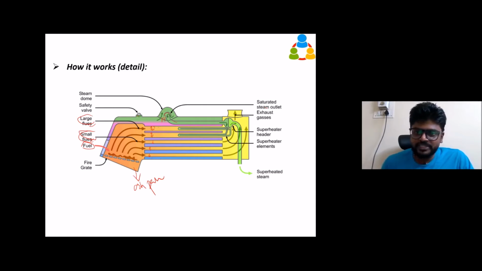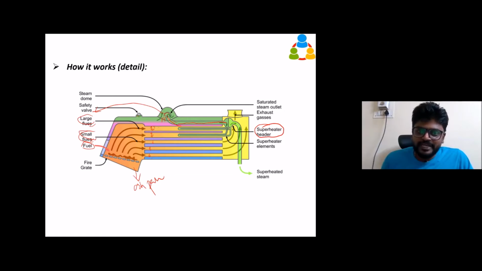You can see saturated steam, or this is called the regulator valve. This valve will be controlled by the driver, the steam engine driver. He will control this valve. So it is like a throttle, the gas pedal for your car, the accelerator for your bike. Like that for the steam engine, this is the throttle. When you control the regulator, the amount of steam that goes into this pipe will be controlled. The steam goes into this pipe and is collected here in this ball-type structure. This is called the superheater header. I'll tell you what is the purpose of it.